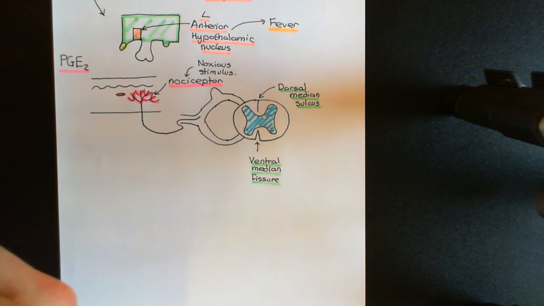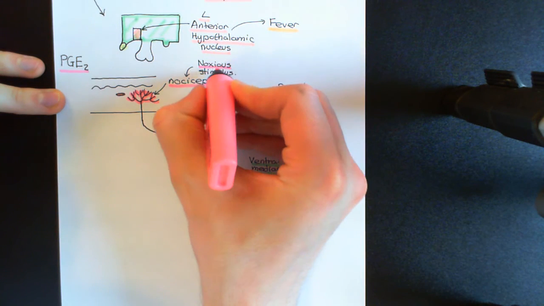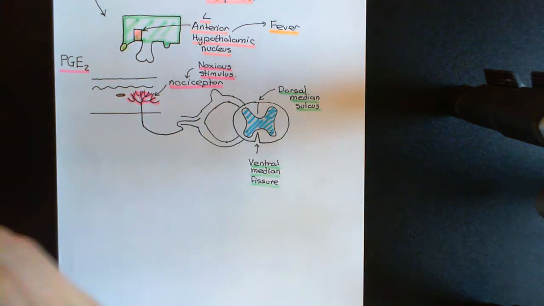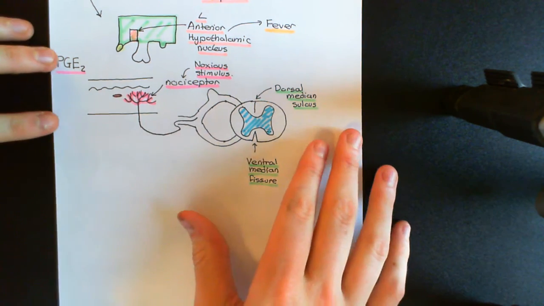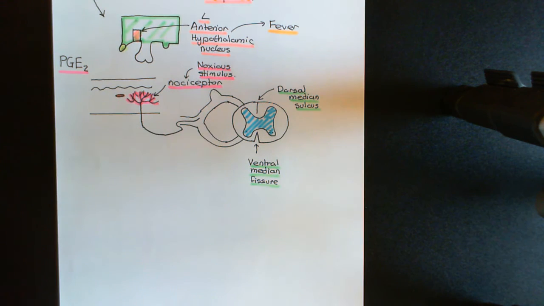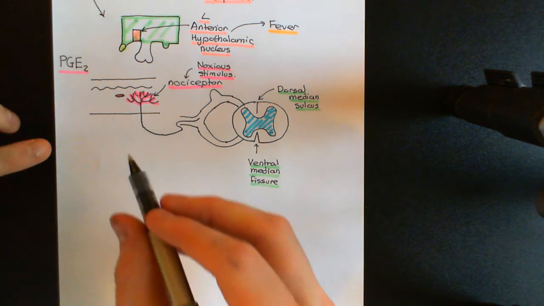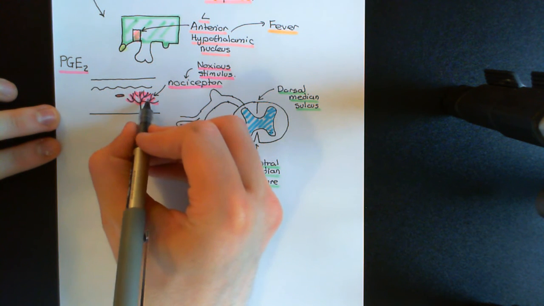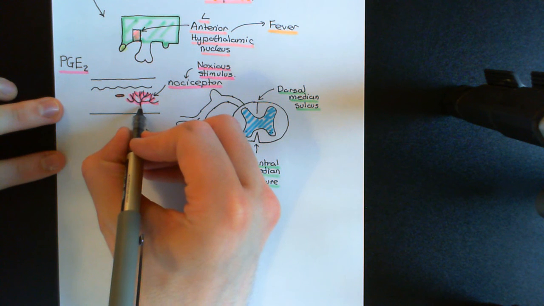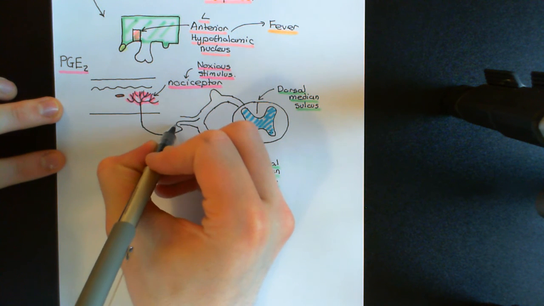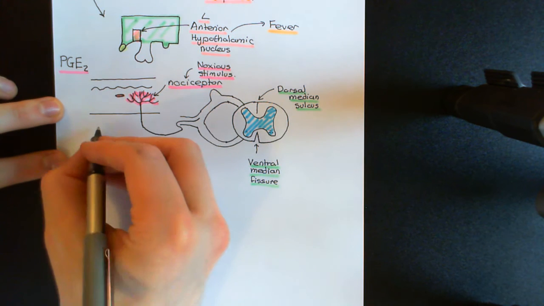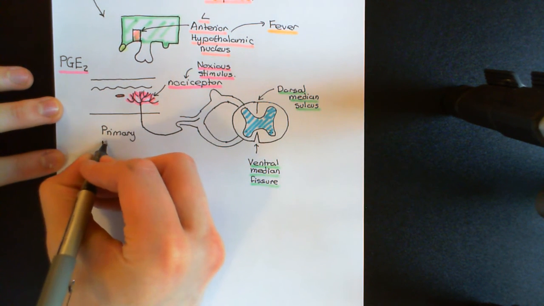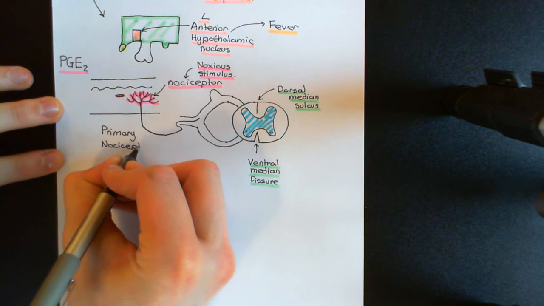So there are all sorts of proteins in the membrane of these nociceptors which are capable of detecting many different noxious stimuli, and when those noxious stimuli activate those proteins, it will result in depolarization of the electrical potential difference across the cell membrane of the nociceptor. And then if all of the different depolarizations coming in from all over the nociceptor are great enough, then it will cause an action potential to fire along the axon of this neuron that has the nociceptor on its end. And a neuron that has a nociceptor on its end is known as a primary nociceptive, so that means pertaining to pain,